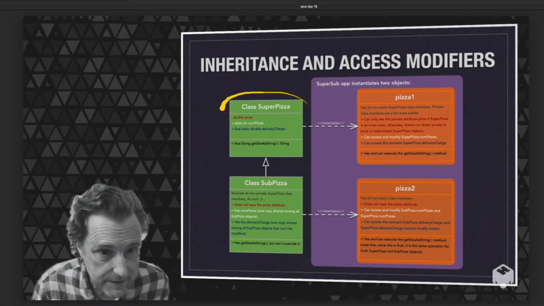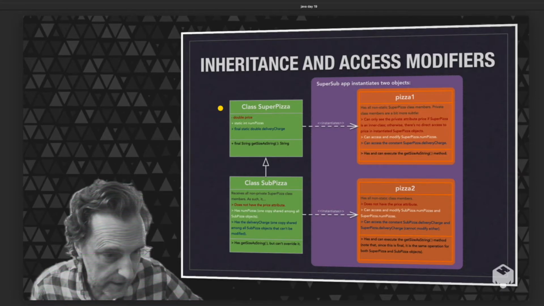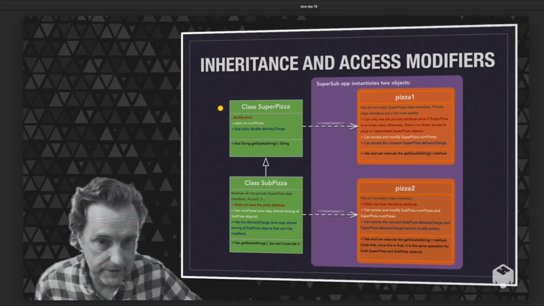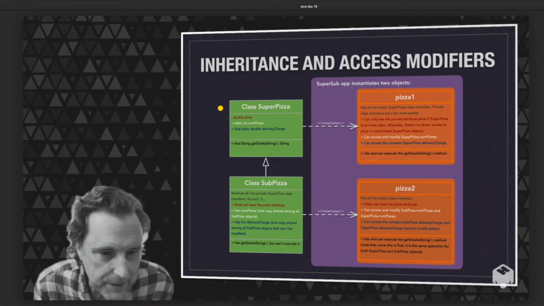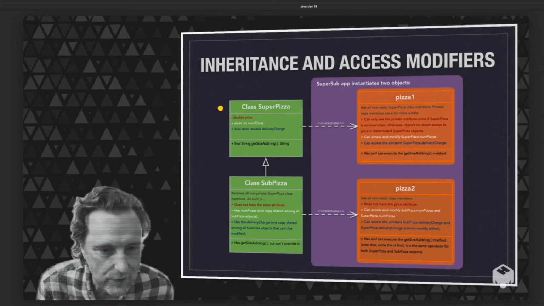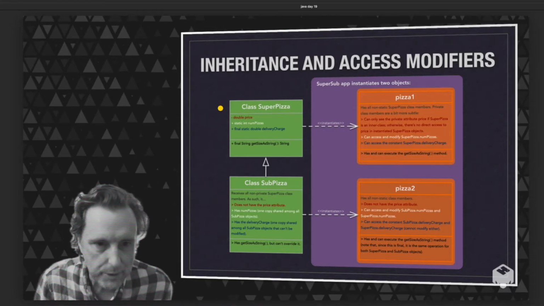So SuperPizza is named SuperPizza. Well, I mean, clearly not. If it's our restaurant, it's not a SuperPizza. It's barely a pizza, but it is the superclass. And then SubPizza is the subclass, so it inherits from SuperPizza. And then I described just really briefly, here's the